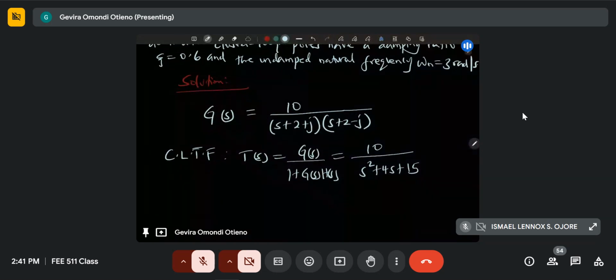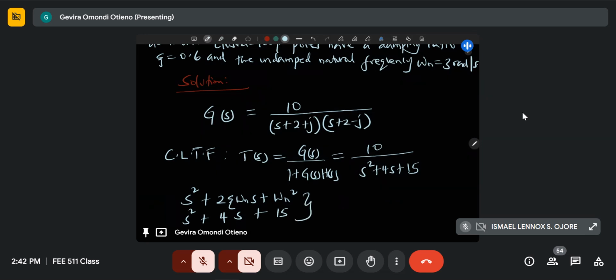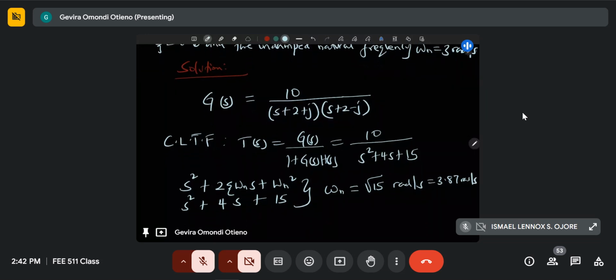Then now you compare, because we know that for a closed loop transfer function, the typical representation is S squared plus 2 omega n s plus omega n squared. But now we have S squared plus 4S plus 15. So if we compare this, you can see that omega n should be equal to root 15 radians per second. Root 15 is quickly 3.87 radians per second. Okay, then the damping ratio should be 2 over root 15, which then is simply